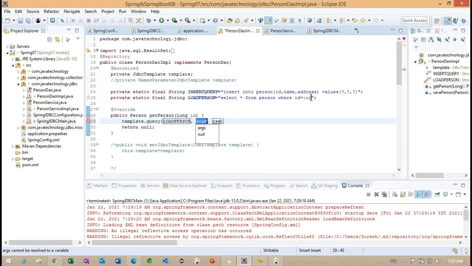We can work on the load person. We can put a question mark here, and we need to specify the arguments here, the ID. The last argument is nothing but a new ResultSetExtractor.